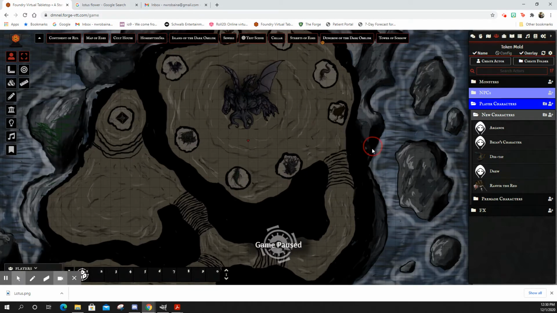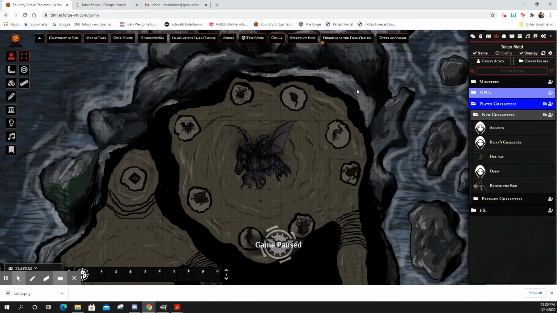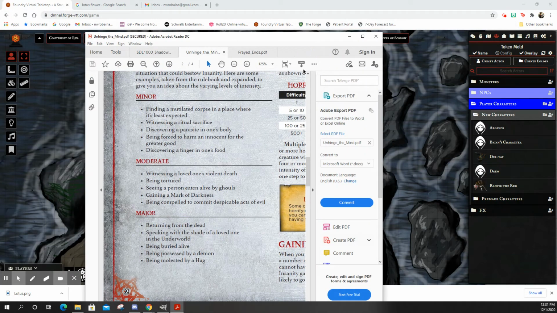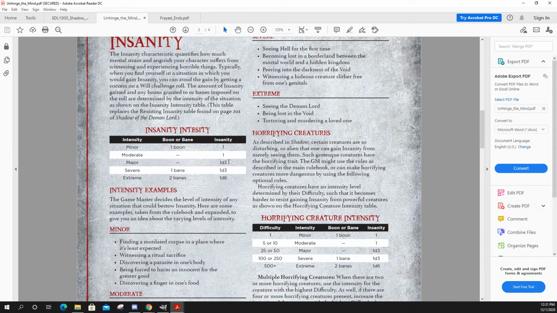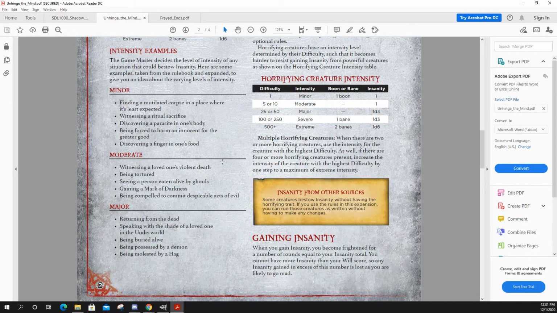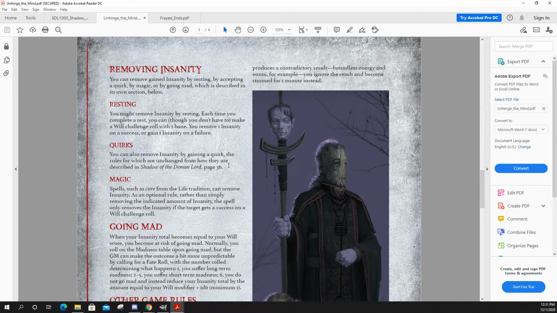So anyway, that's how I plan on using the insanity rules for an encounter that doesn't necessarily have something to fight. It's just a chamber that they walk into that has a frightening or horrifying aspect to it that could play on their character psyches. So that is, again, that is the Unhinge the Mind supplement. And of course, I would be remiss if I didn't talk about